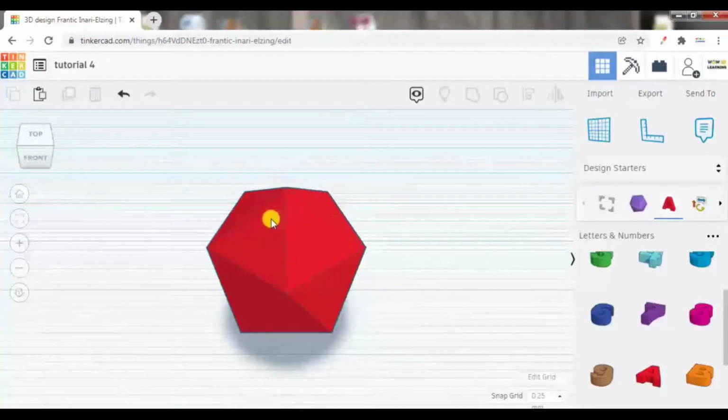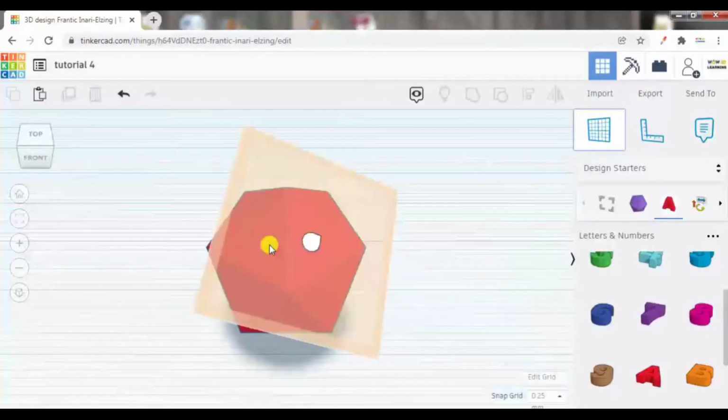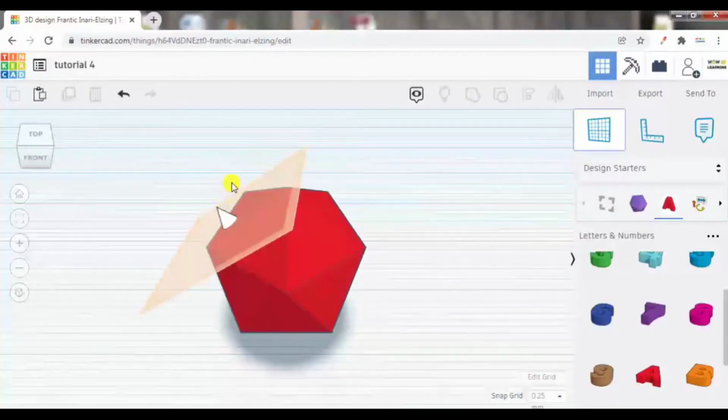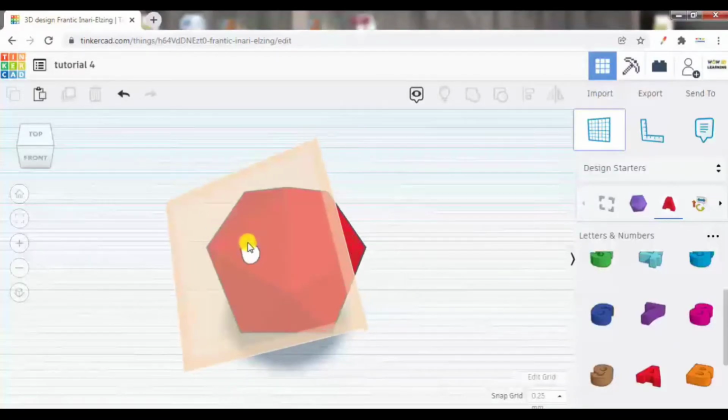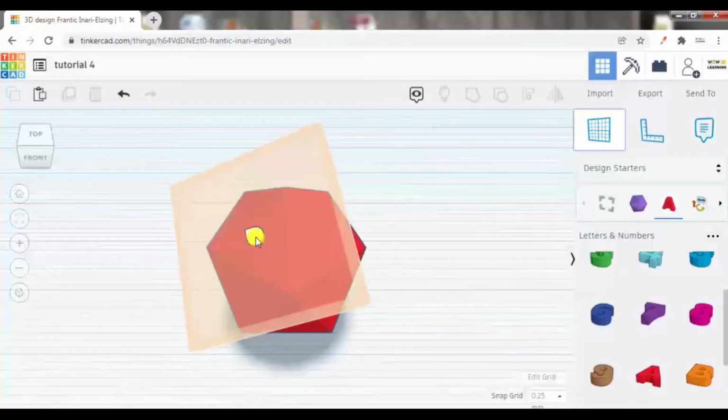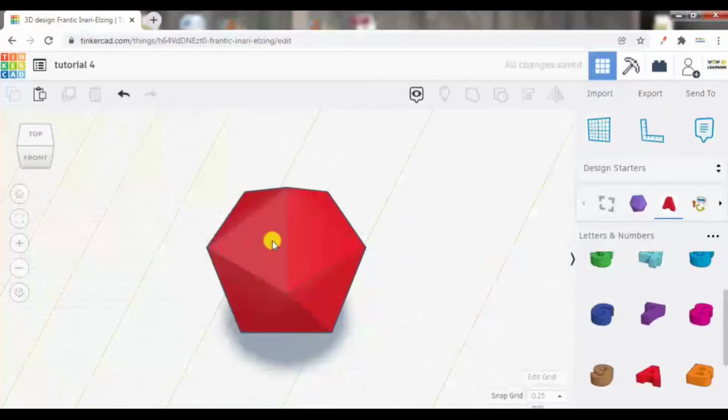For this, we will either click on the work plane with the help of the left mouse click button, or you can also use the keyboard shortcut W. When you press W, you will see this blue box appear on your work plane. Now if I bring this blue box onto the triangular faces, you can see the plane will itself orient into the direction where I want to write. So let me write here, I want to write W. So I will fix my work plane by clicking on this face.